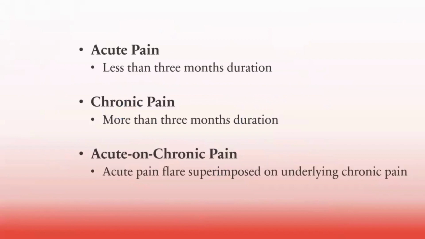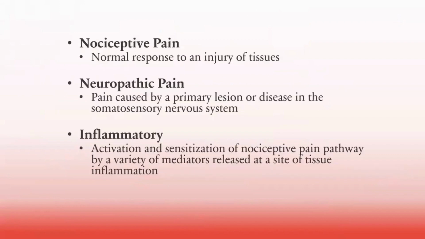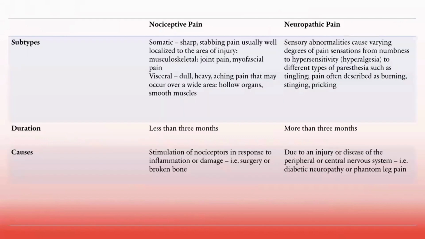In timely context, pain may be acute, chronic, or acute on top of chronic. However, in terms of the pain stimulus, it may be nociceptive, neuropathic, or inflammatory. We can differentiate nociceptive pain from neuropathic pain according to its nature, where neuropathic pain